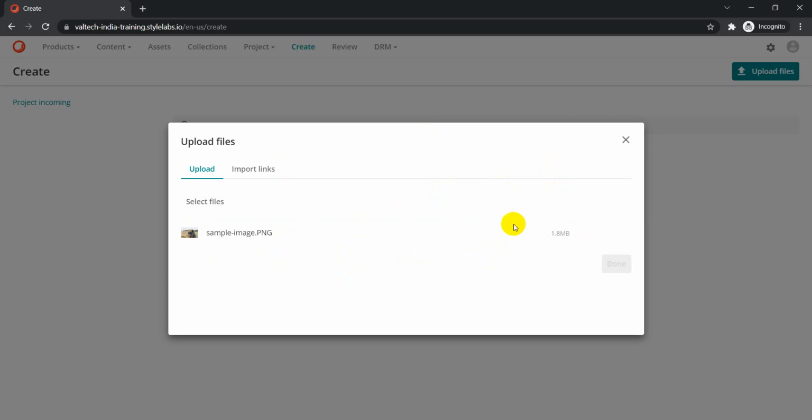So yeah, let's just give it some time, and then once the rendition creation and everything is over, then we will see some changes in the system there. So I think it is still uploading. The processing is still going on, and for the processing part, we also have an option to directly go to the background process and see what different options are currently going on. I'll show you that also, but let's just wait for this to get over. Sometimes it just takes a while to finish this operation.